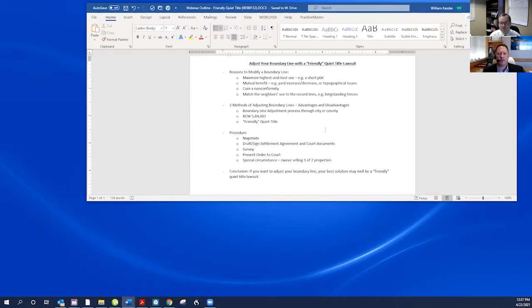If you go through this process of friendly quiet title, you might end up with less than a 10,000 square foot lot, which is the minimum for your zoning. But the mere fact that you're now in a non-conforming lot, the city cannot veto this boundary line agreement or this friendly quiet title order on account of the resulting non-conformity.